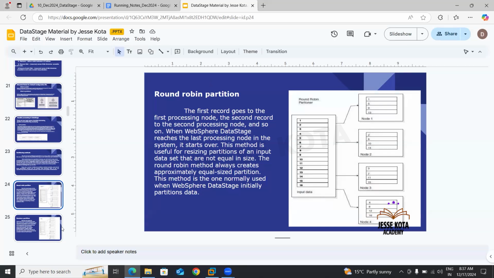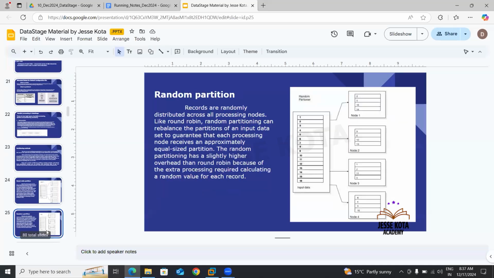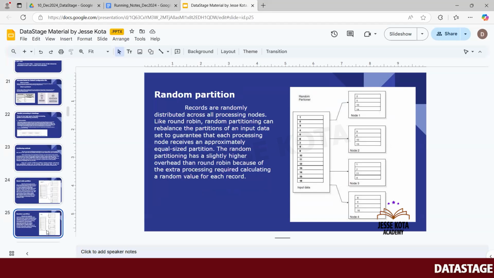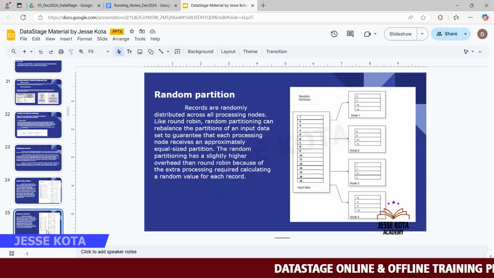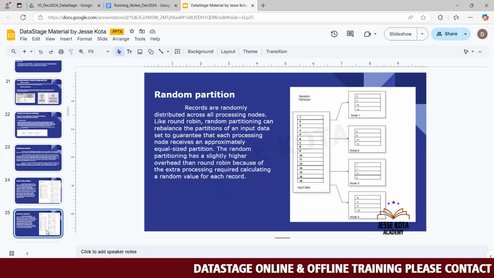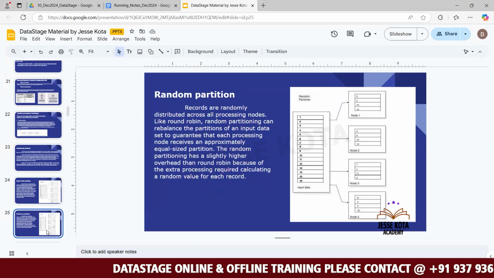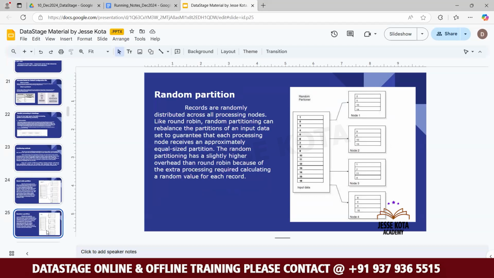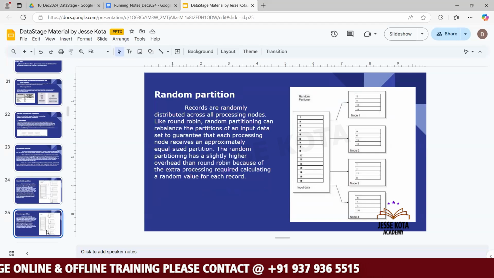Okay, so this is one method. And the second partition method is random partition. What do you mean by random? Random means there is no particular order. So we cannot say which record will go to which node, but data will be distributed equally among all the nodes. For example, in